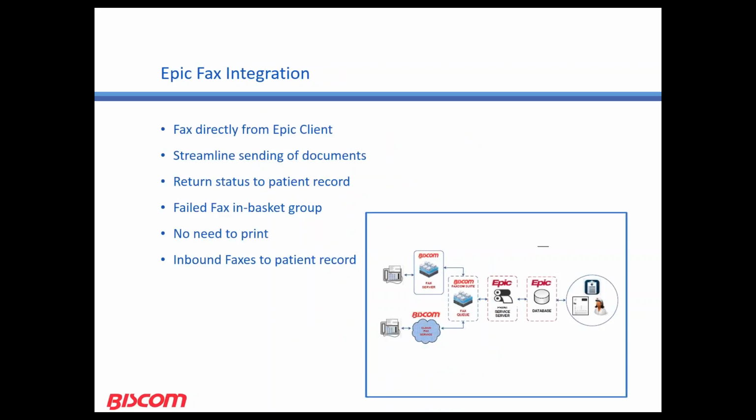Let's highlight one of our healthcare partners. I think everyone on the line is very familiar with Epic. Epic is one of the largest deployments of desktop of all EHR vendors. The combination of Epic with Biscom's fax solution has automated and simplified the process of sending patient data directly from